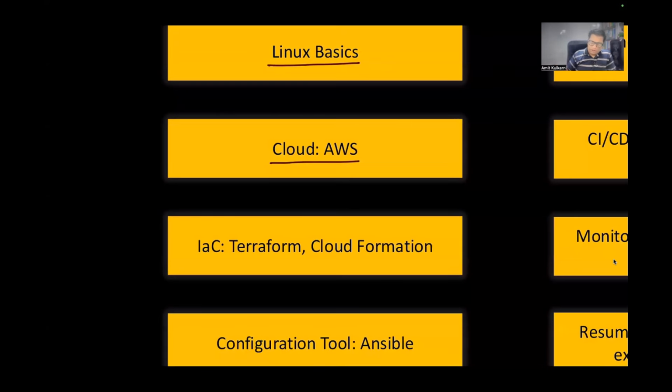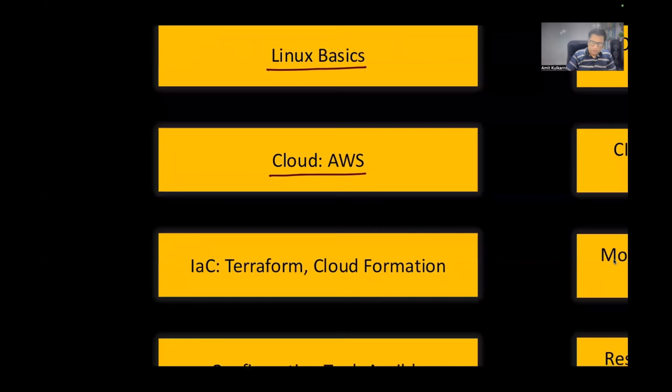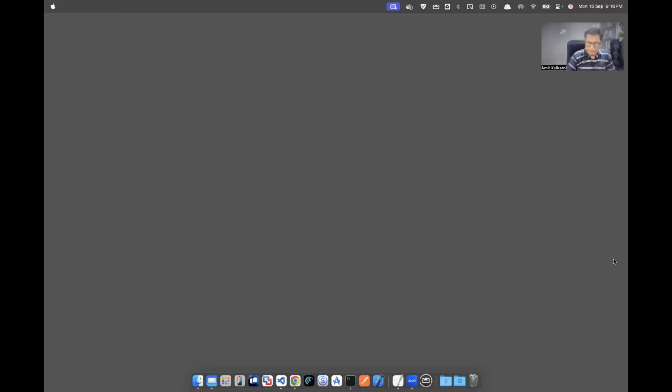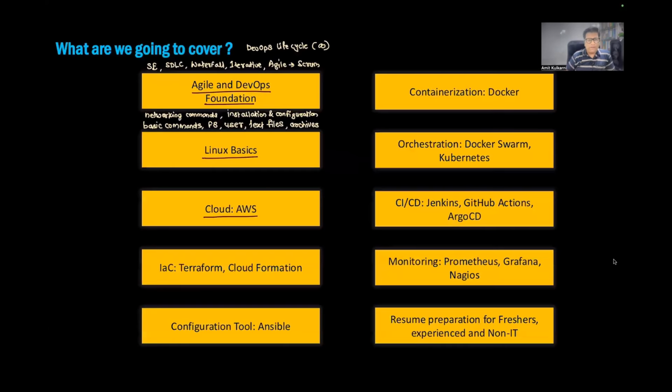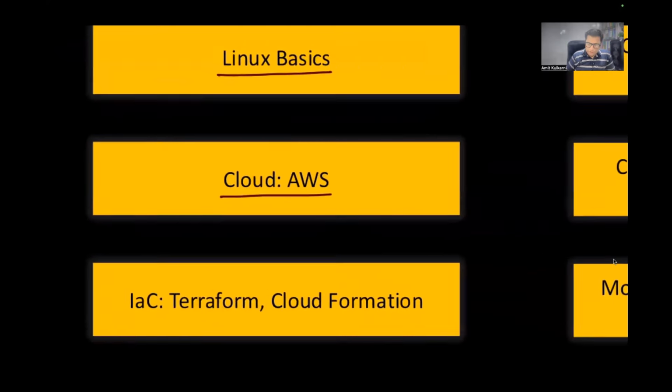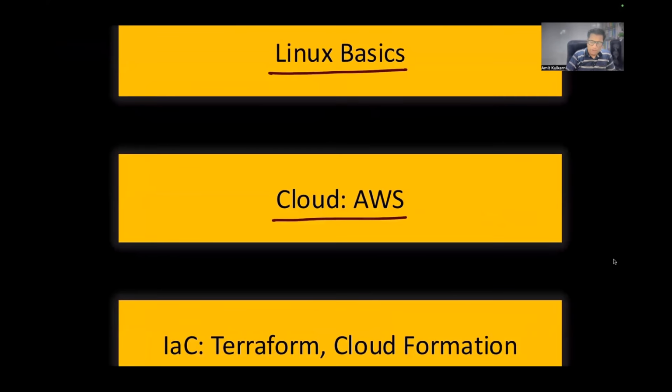When you say cloud, there are many cloud providers out there. Out of that, more than 50% of the market share is captured by AWS. And that is the reason why we are going to talk about AWS here. So AWS being not only the standard, but also a kind of leader in the market in the AWS category. And that's the reason why we are going to talk about this a lot. So probably AWS is our cloud provider, and we'll be using it almost all the time.